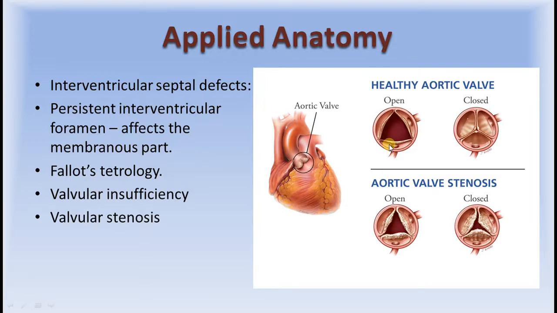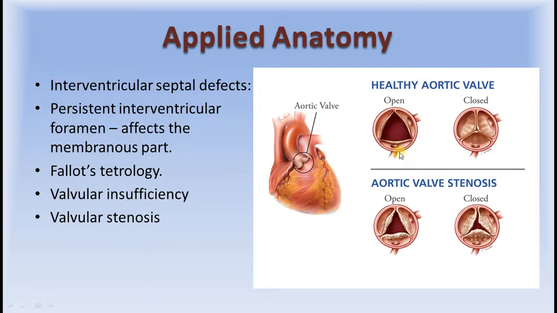Instead of perfect closure, one of the valves or one of the leaflets might bulge, and they might produce regurgitation, reverse flow of blood. Now if the regurgitation is very minimal, it might be asymptomatic and no treatment is needed. But as it progresses and if it is going to manifest into some diseases, then